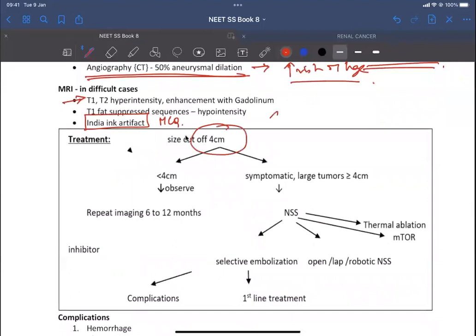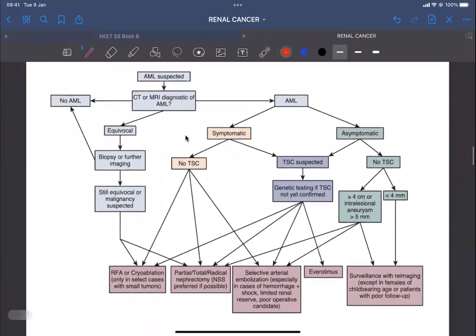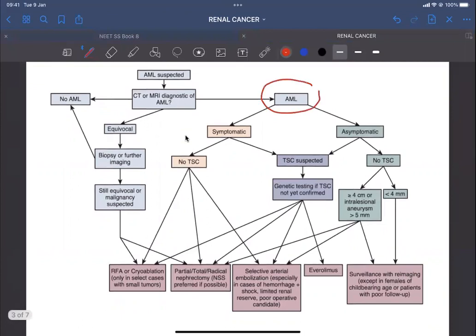So the size cutoff of 4 centimeters, it was historical. There was no sort of credible evidence behind this, but that has been usually followed. So we assume that we've diagnosed someone to have AML. So we'll start off from this end of the pathway. So now we're coming on to the management. So we've diagnosed someone to have angiomyolipoma on a CT, and before we decide what the size of the lesion is, we decide whether they are symptomatic or not symptomatic. If they are symptomatic, then they will need